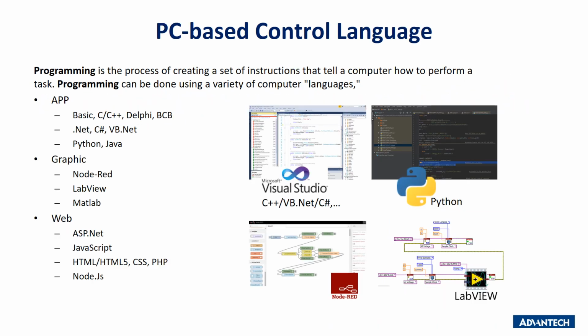Most of the control processes will need software to achieve. PC-based control language is a high-level programming language that is used to develop logic and communication with machines, such as C#, VB.NET, Python, and so on. With these programming languages, you will need to develop the code for the application, from 5 lines to more than 1,000 lines. There are also some graphic programming languages, such as LabVIEW, MATLAB, and Node-RED, which can be used to develop the application. Usually, they provide rich function packages. And nowadays, web-based programming languages are becoming popular for developing web apps, such as ASP.NET, JavaScript, Node.js, and so